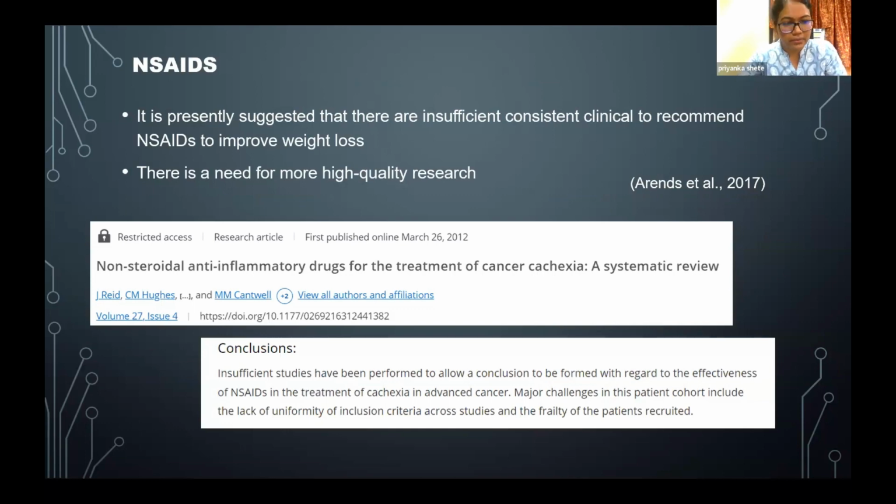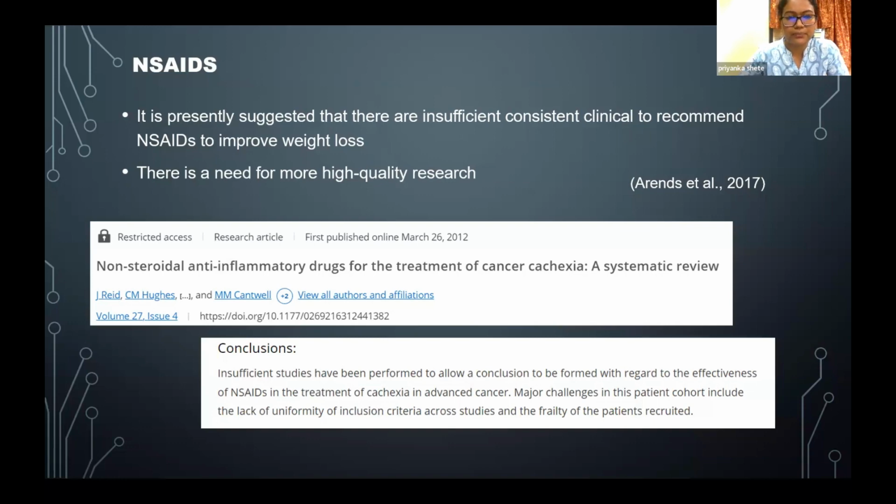Then there is a systematic review, non-steroidal anti-inflammatory drugs for the treatment of cancer cachexia, that concludes that insufficient studies have been performed to allow a conclusion to be formed with regard to the effectiveness of NSAIDs in the treatment of cachexia and advanced cancer. Major challenges in this patient cohort include the lack of uniformity of inclusion criteria across the studies and the plurality